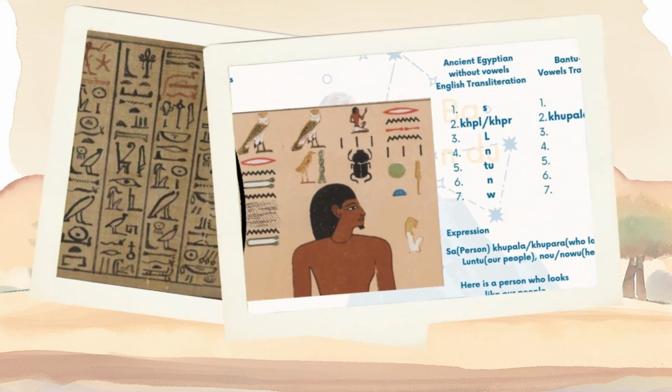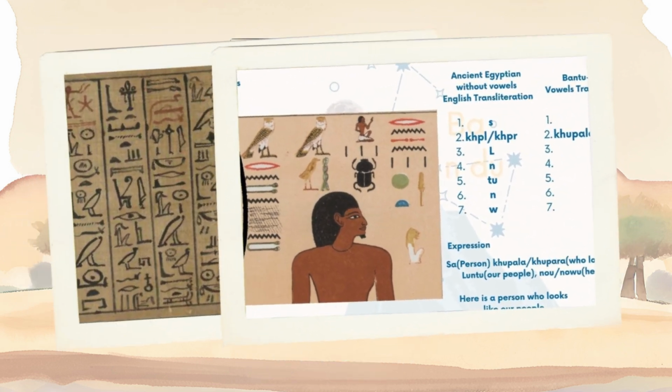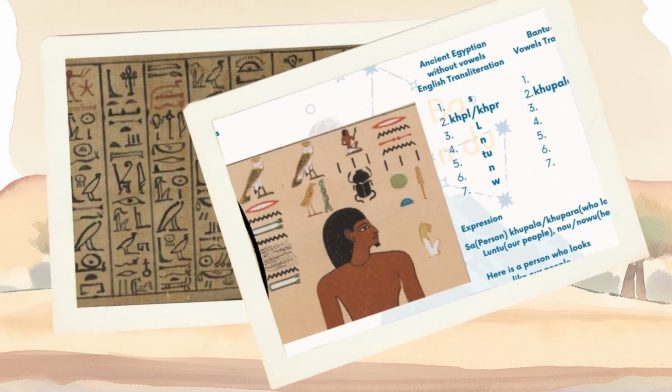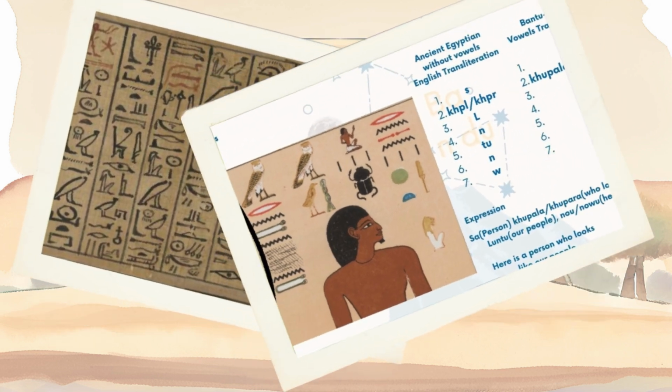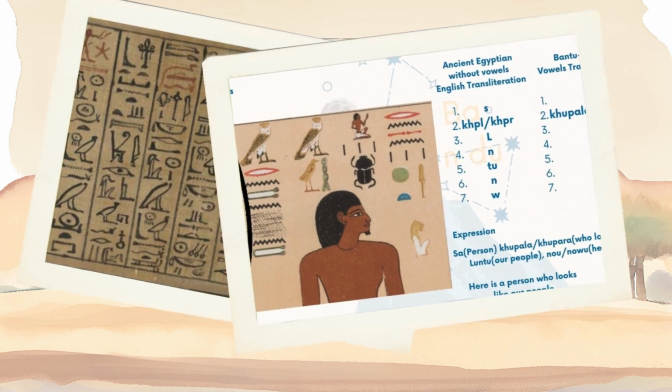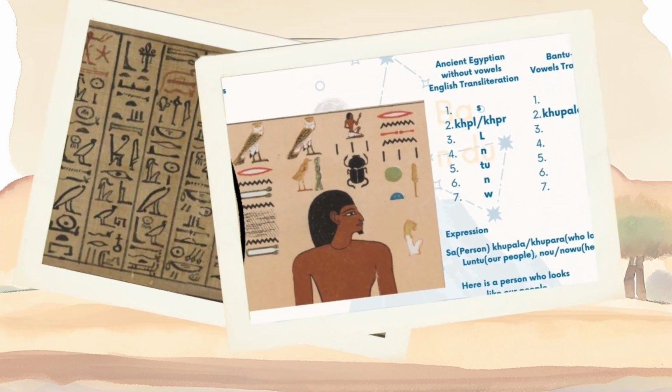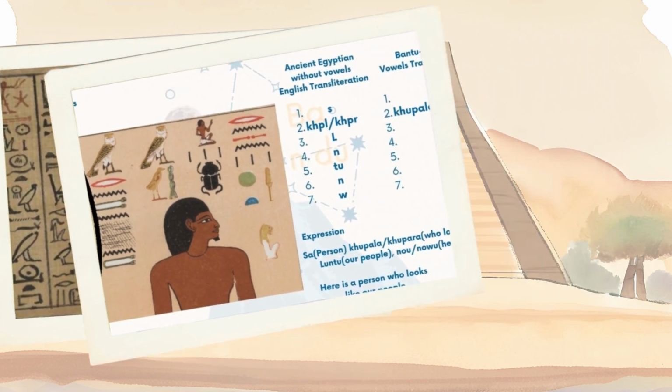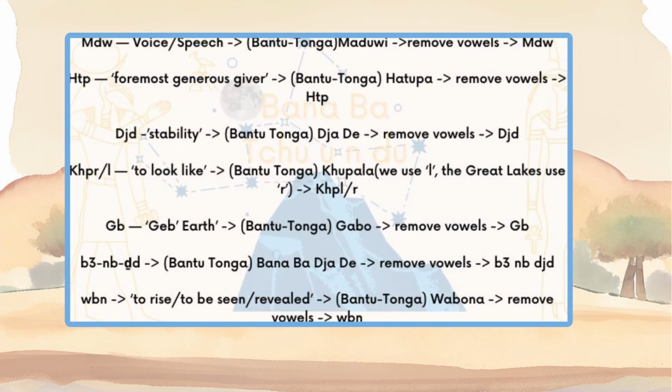As always, please remember that the current spellings of all ancient Egyptian names, words, and expressions are not the correct way they were spoken by the ancient Egyptians, but rather serve as aids for Egyptologists. The ancient Egyptians did not include vowels in their writings, but this isn't a problem because the Proto-Bantu language has the missing vowels, and we can discern what these expressions really sounded like and what they meant.